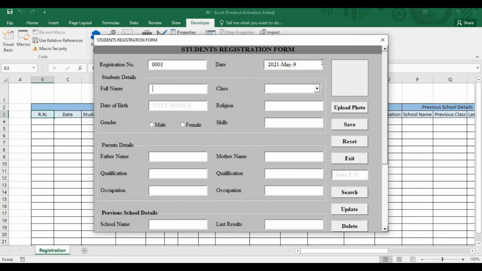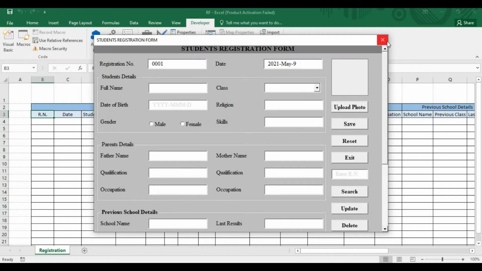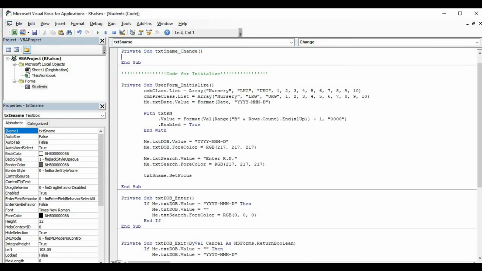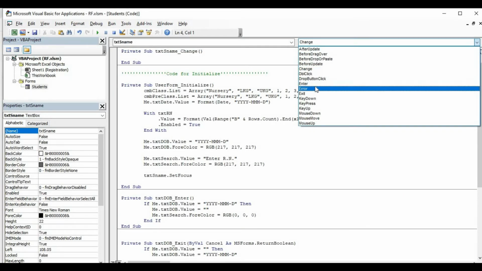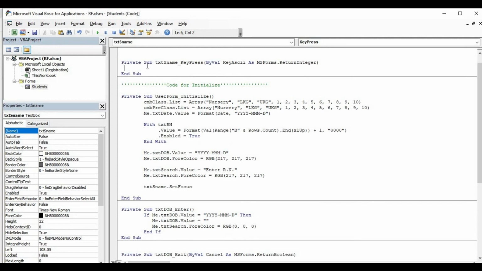Now we put our code for validation. We put some validation in our text boxes. In the full name text box, we want letters only, and in the mobile number, in the phone number text box, we need numbers only. So we do the coding for that part. Double click on this text box, here select key press, delete this, and here type if